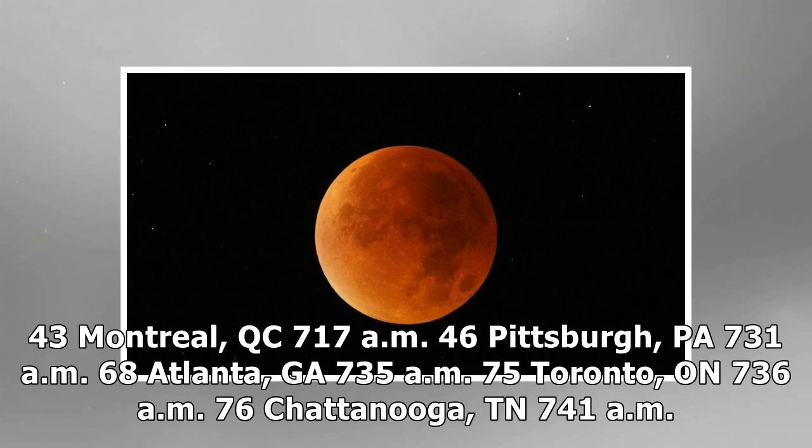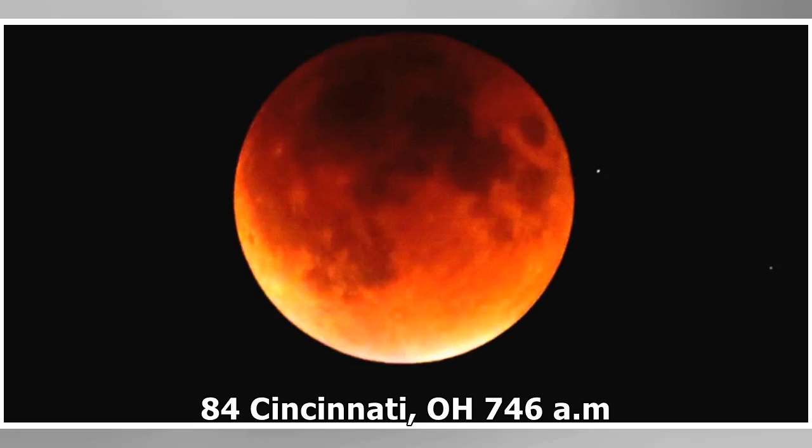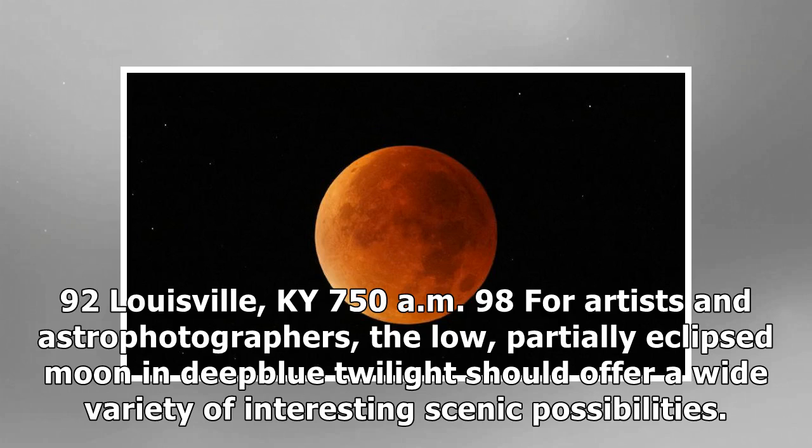Atlanta, GA, 7:35 a.m., 75. Toronto, ON, 7:36 a.m., 76. Chattanooga, TN, 7:41 a.m., 84. Cincinnati, OH, 7:46 a.m., 92. Louisville, KY, 7:50 a.m., 98. For artists and astrophotographers, the low, partially eclipsed moon and deep blue twilight should offer a wide variety of